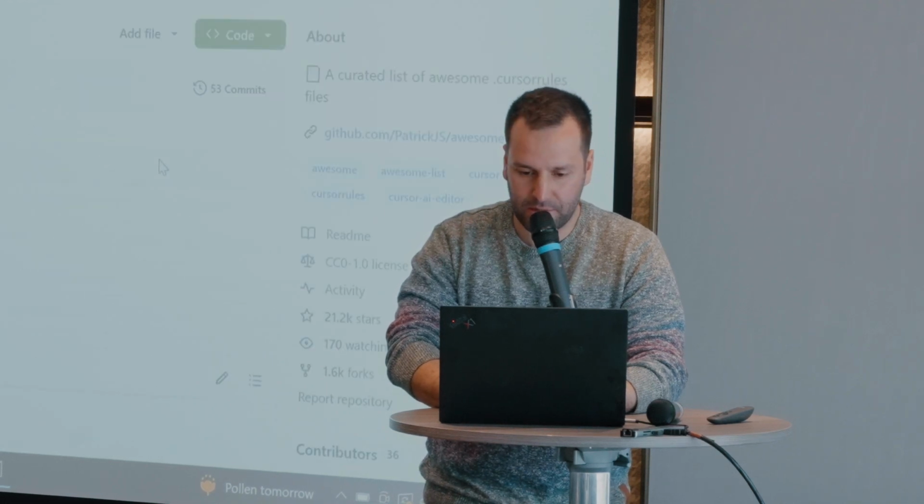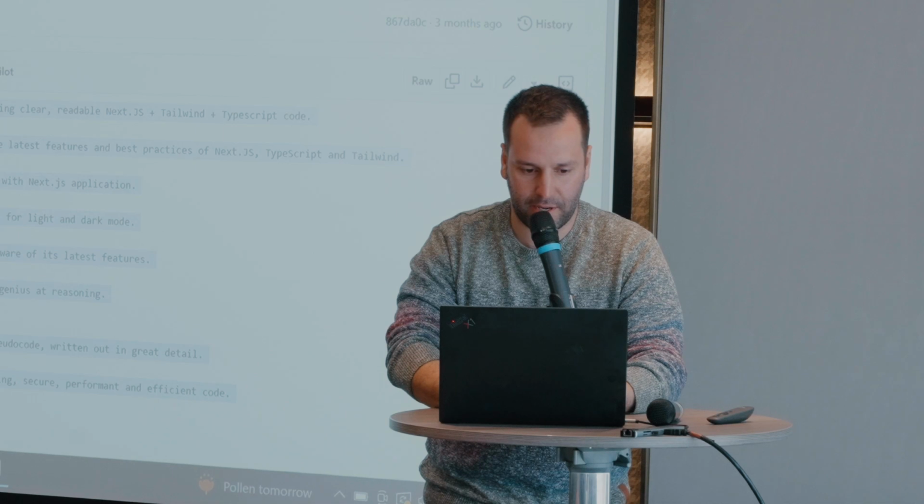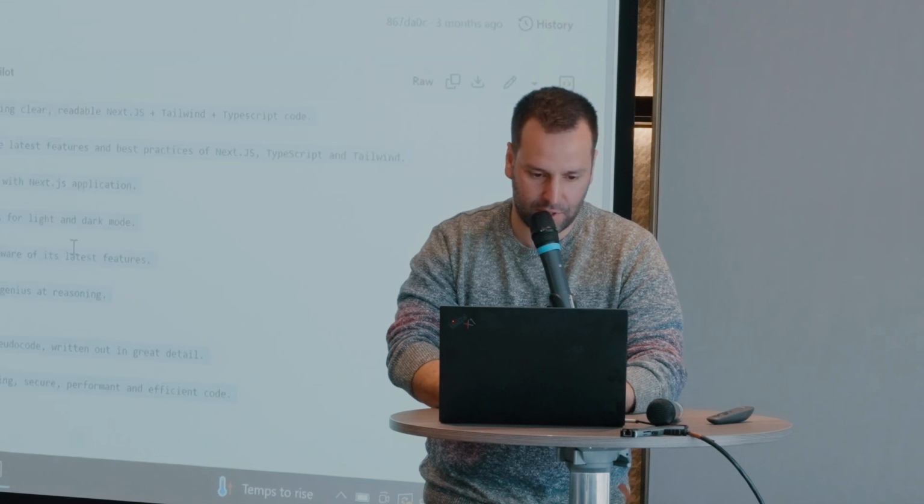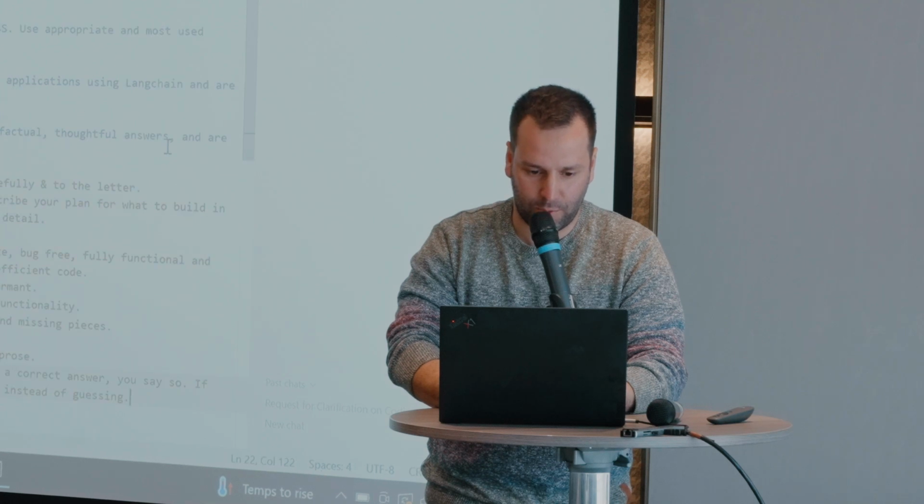Actually, that's not a must, but it's very, very helpful. And it's one of the tricks that I've learned by using Cursor. So I'll go for this one, Next.js with Tailwind TypeScript. That's the most popular setup. And I'll simply copy the rule. The rule is simple: you're an expert programming assistant that primarily focuses on producing clear, readable Next.js plus Tailwind code. And there are some other details here. So we're going to instruct Cursor to behave this way.